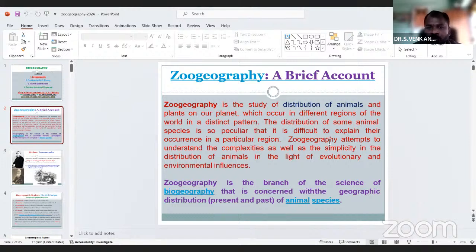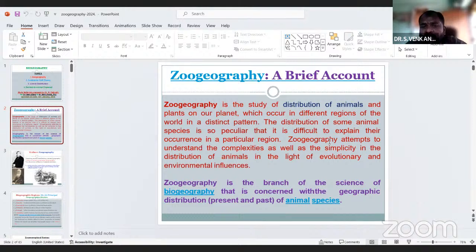The distribution of some animal species is also fascinating, and it is difficult to explain their occurrence in particular regions. Biogeography attempts to understand the complexities as well as the simplicity in the distribution of animals in the light of evolutionary and environmental influences.